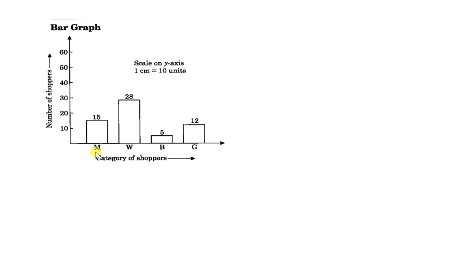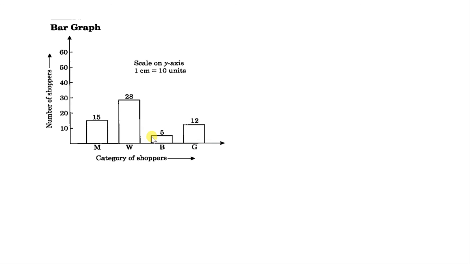Now the frequency of man is 15, that is the midpoint of 10 and 20. सो इस बार की हाइट हम 15 तक रखेंगे. नेक्स्ट वुमेन की फ्रीक्वेंसी है 28. सो डब्लू की हाइट हम 28 तक रखेंगे. 30 है, इनके बीच में आपके पास 10 मिलीमीटर्स होते हैं. सो 8 मिलीमीटर्स को आप ले लेंगे और ये आप 28 तक इसकी हाइट रखेंगे. फिर जितना गैप आपने पहले लिया था उतना ही गैप यहाँ लेंगे आप.